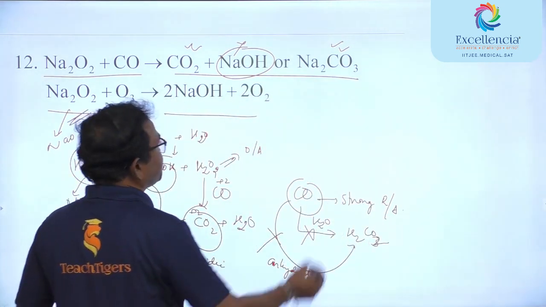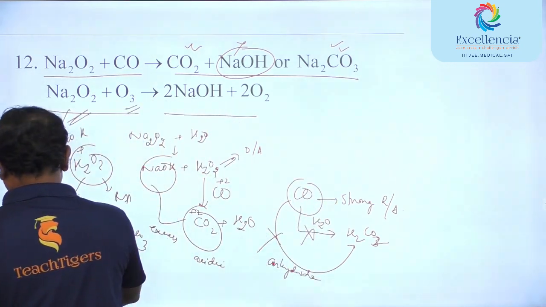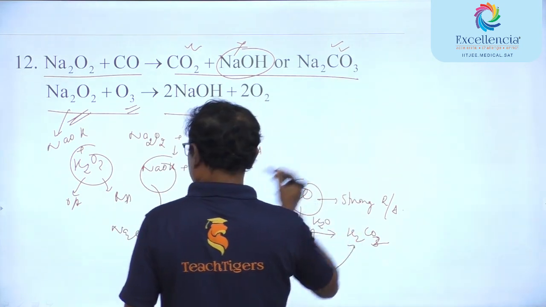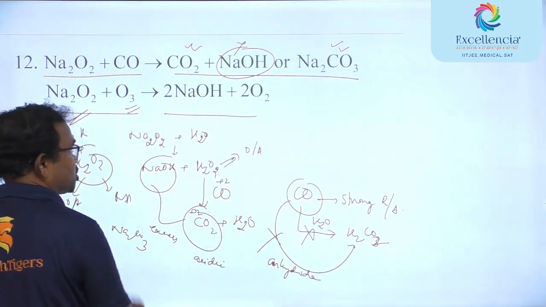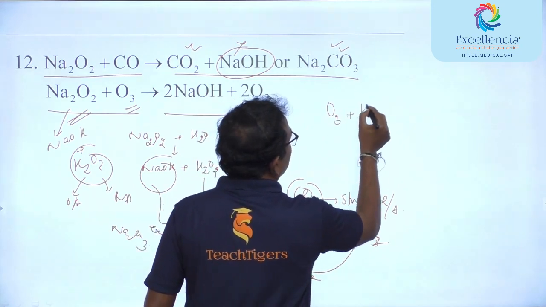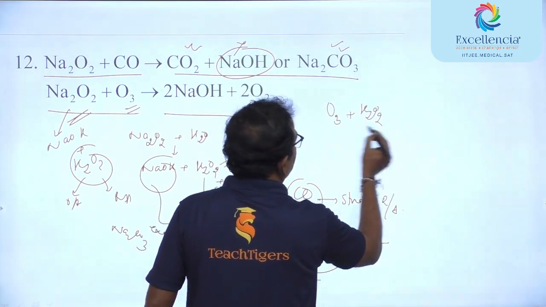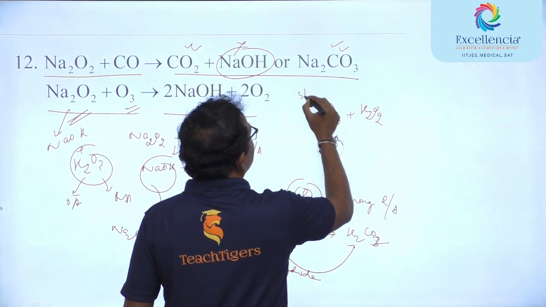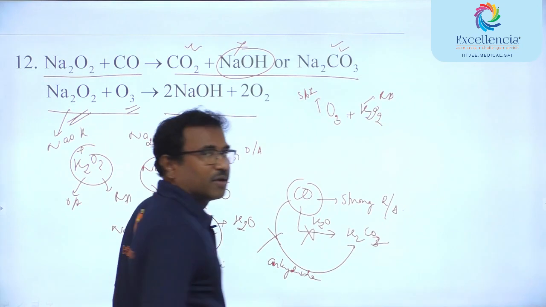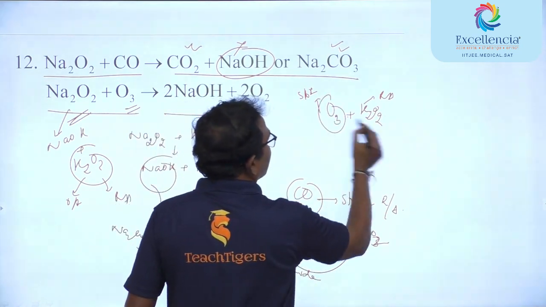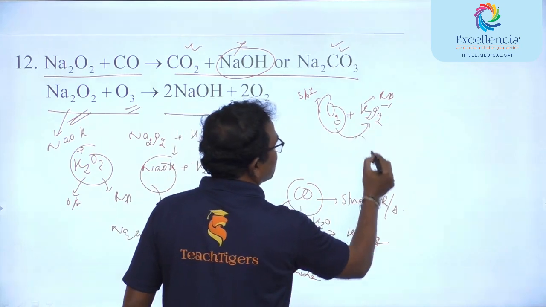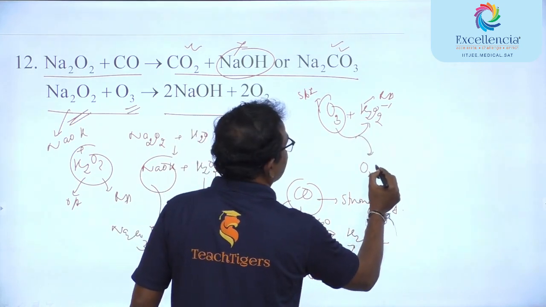So here, naturally, what do you have? H2O2. So the reaction boils down to ozone with H2O2. This is a strong oxidizing agent and this is a reducing agent. So definitely ozone, here it is -1 state. Ozone has to oxidize H2O2 to oxygen, and